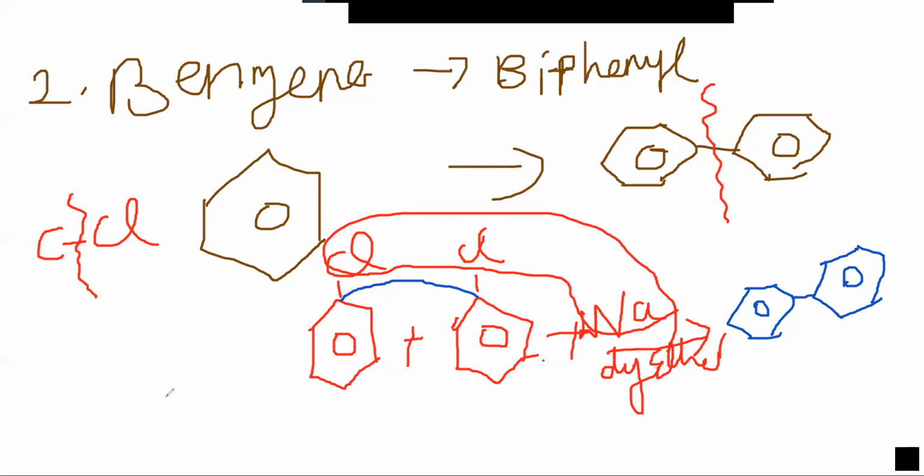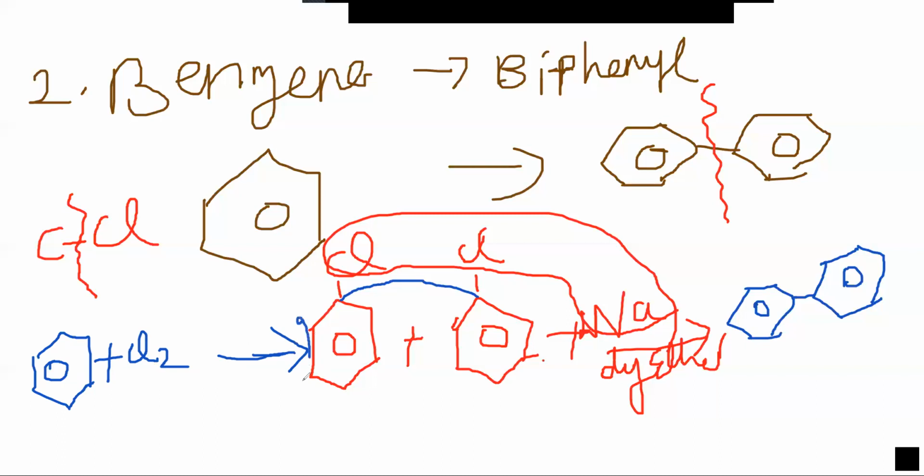But our starting compound is not chlorobenzene. We have only benzene. So again, for this chlorobenzene, you have to work out the previous step. How do we get chlorobenzene from benzene? Just chlorination. So benzene, add chlorine, in the presence of a catalyst, iron chloride, iron bromide, any one of the catalysts. So benzene on chlorination gets converted into chlorobenzene.